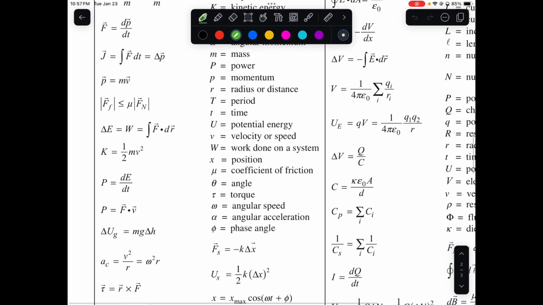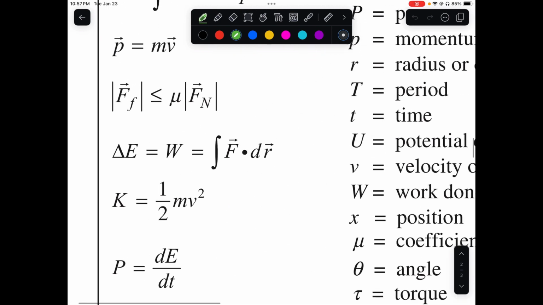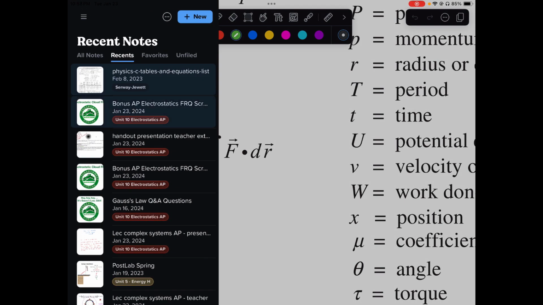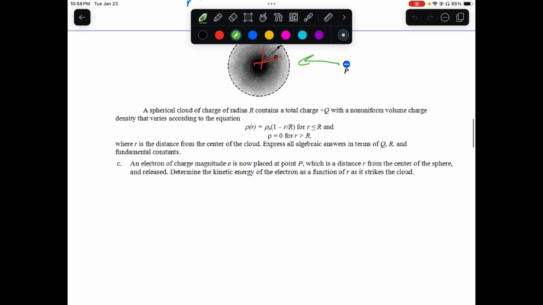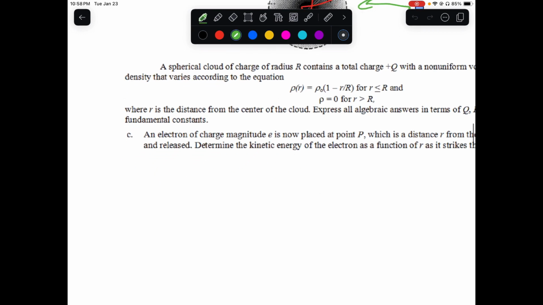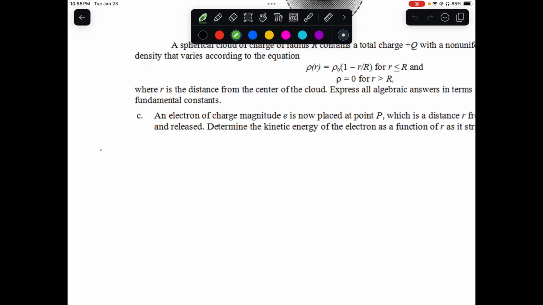Okay, and so if I look around here, I see, oh, hey, look at that. The change in energy is equal to work, and that's equal to the integral of F dot dr. That's the key right there. That's exactly what I'm going to use. So let me jump back over there. Okay, so the change in energy, in this case kinetic energy, is going to be equal to the work, which is equal to the integral